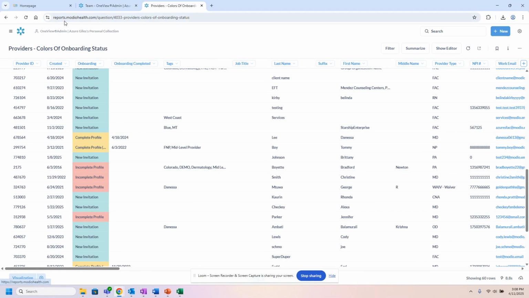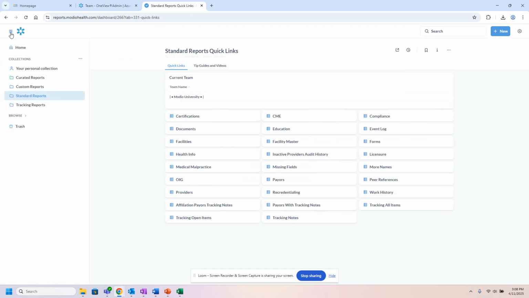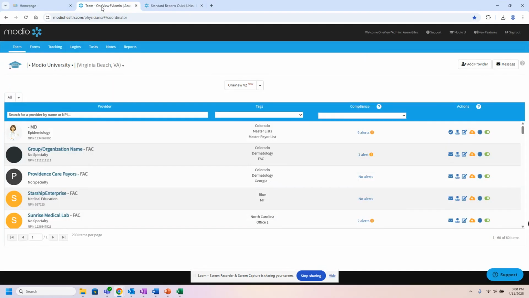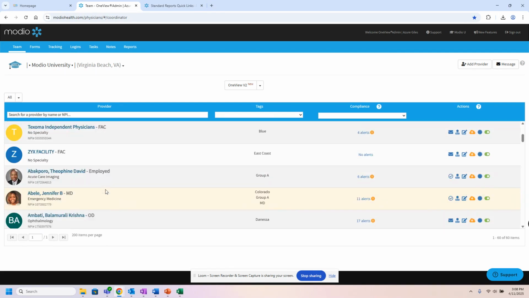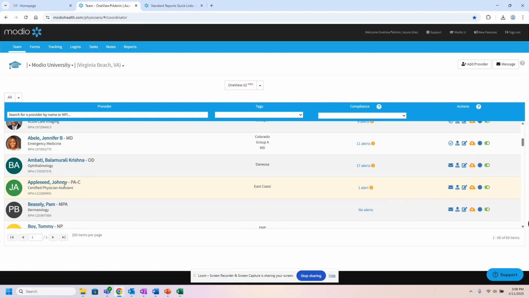So let's hop on back to the personal collection here. And then we're going to come back to the platform. So now we're going to take a look at our provider's profile and take a deep dive into one of our providers and look at